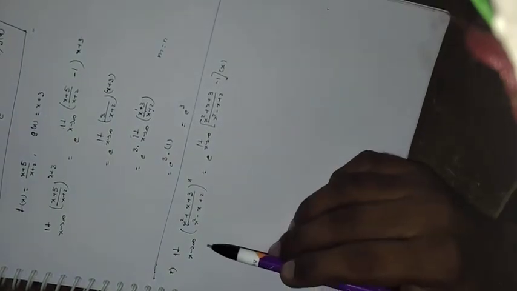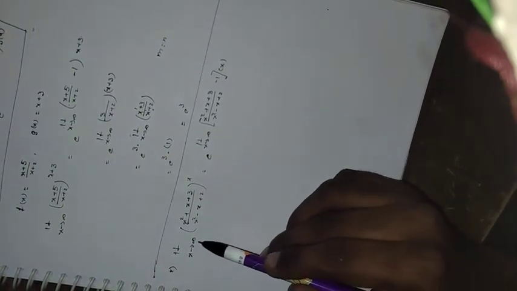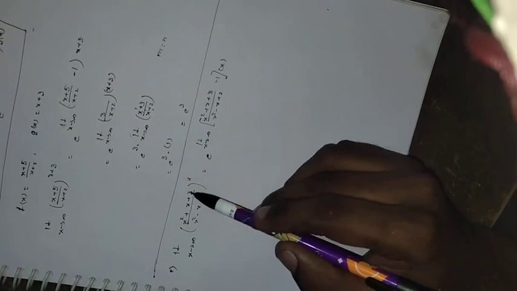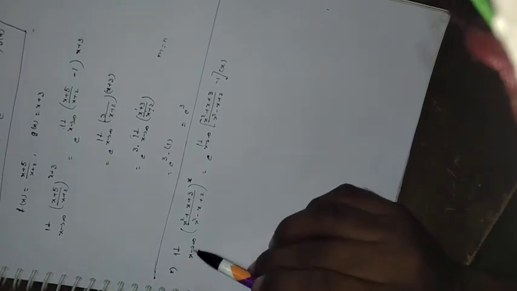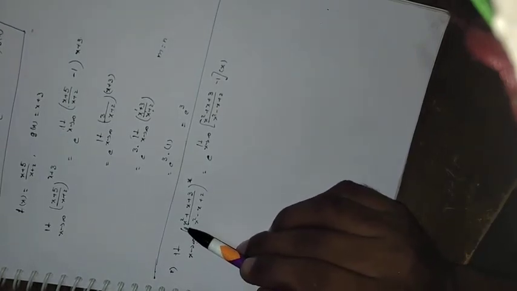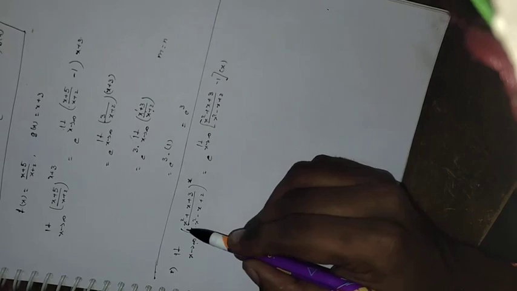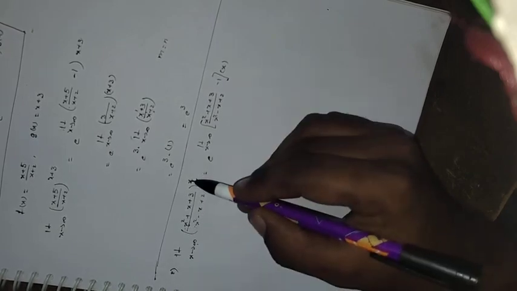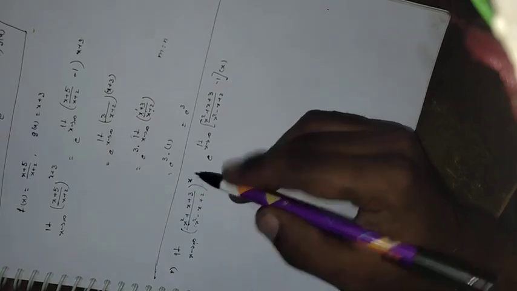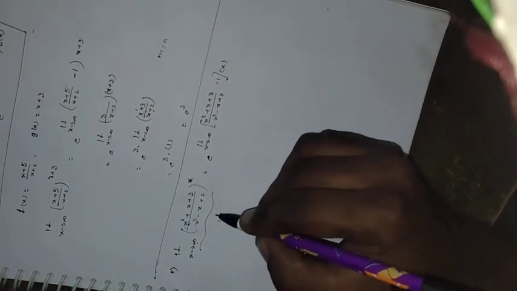Okay, next one, the question is limit x tends to infinity of ((x square plus x plus 3) by (x square minus x plus 2)) whole power x. This one also in the same manner: limit x tends to infinity, the coefficient by coefficient, again same degree, that's why coefficient by coefficient means 1. So this result is 1 power x tends to infinity means infinity.